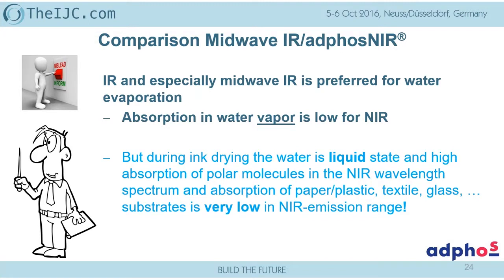Midwave IR is a good absorber for water vapor. But NIR, and when we talk about drying, we don't want to deal with vapor. That is the result. We want to deal with the liquid. And fortunately, the absorption of liquid water in the near-infrared spectrum is great due to the polar molecules we have